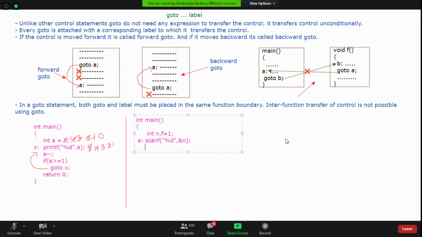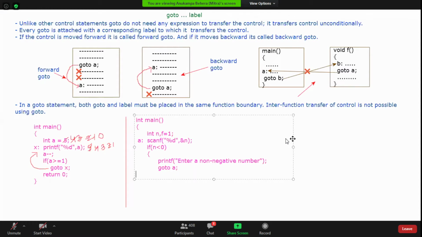Then we check whether the number is negative or not. We write if n is less than 0, then you can always put here printf enter a non-negative number, and we want to get the data again.